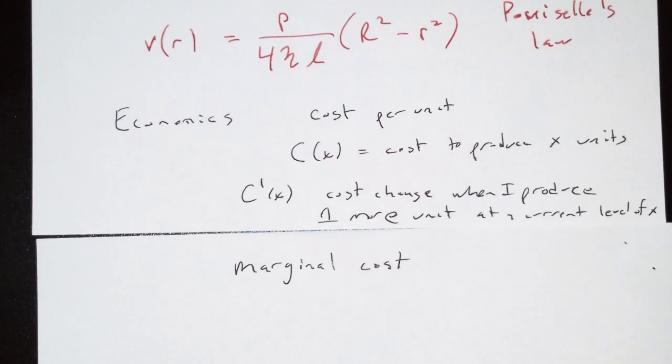In general, this should represent the cost to move up one production unit. So if I'm making, I don't know, what am I going to make today? I'm making guitars. And I can make 15 guitars a day in my factory. If I want to move from 15 to 16, the cost increase should be C prime of 15. Which means